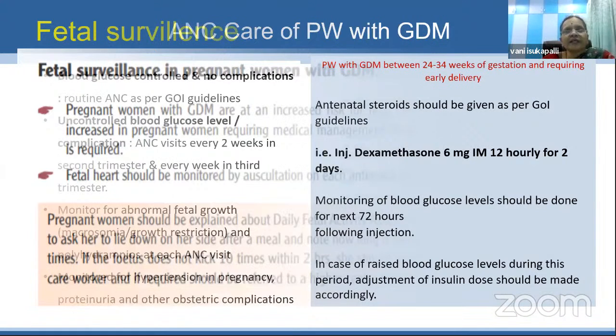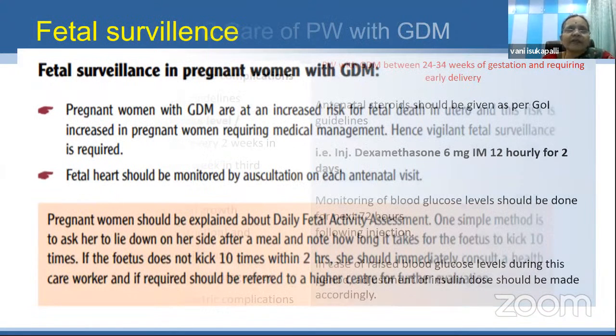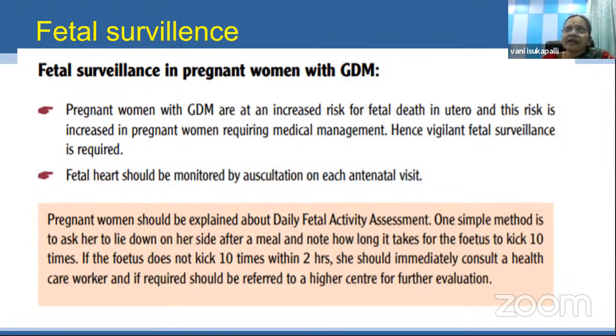Then a thorough fetal surveillance. Why did I say thorough fetal surveillance? Because we know that fetal risks are far higher in GDM cases. So therefore, we should be very, very vigilant. This surveillance would happen with antenatal NST, ultrasound examination for biophysical profile, and ultrasound examination with Doppler studies. So all are important, and how frequently the fetus has to be surveyed depends on the individual case. Depending on the case, we decide how frequently the fetus has to be surveyed.